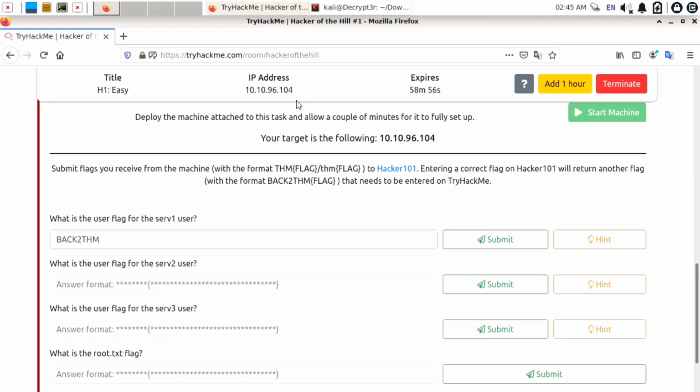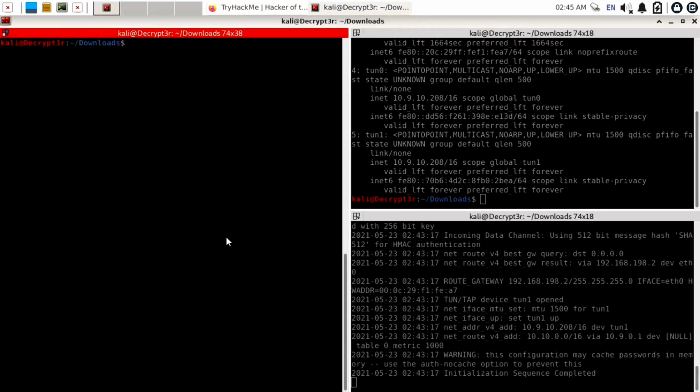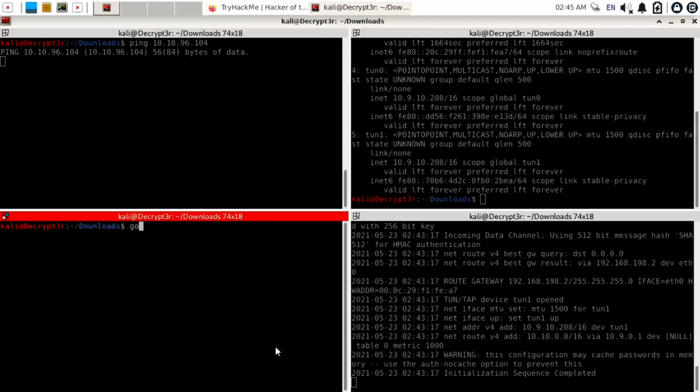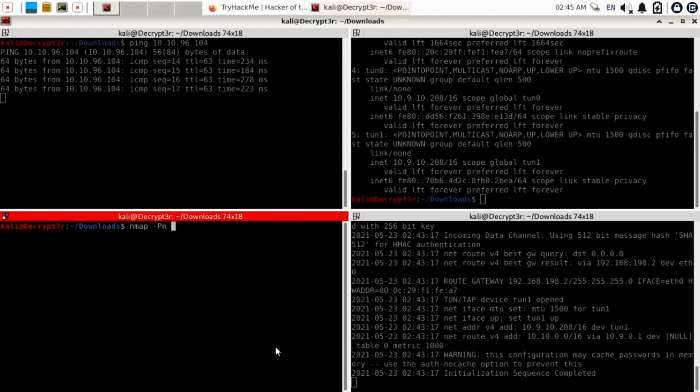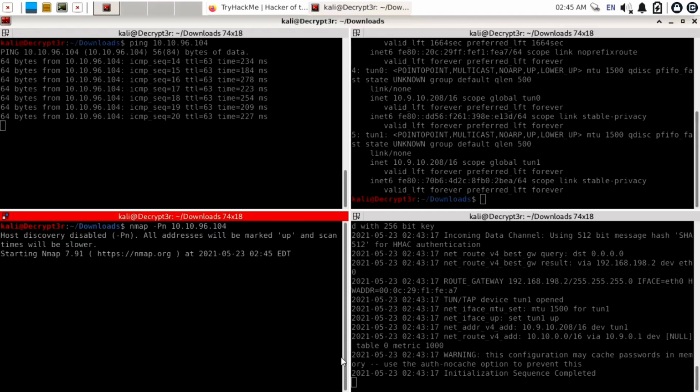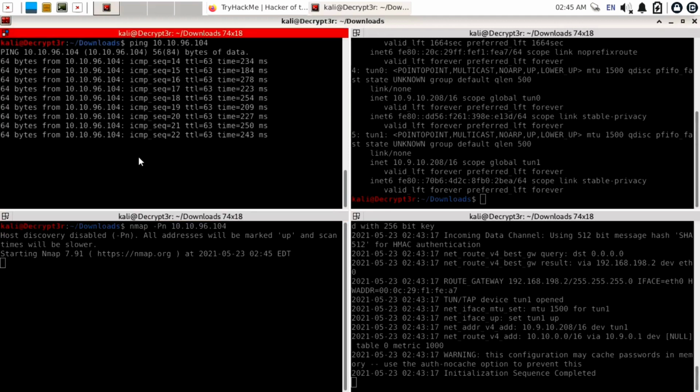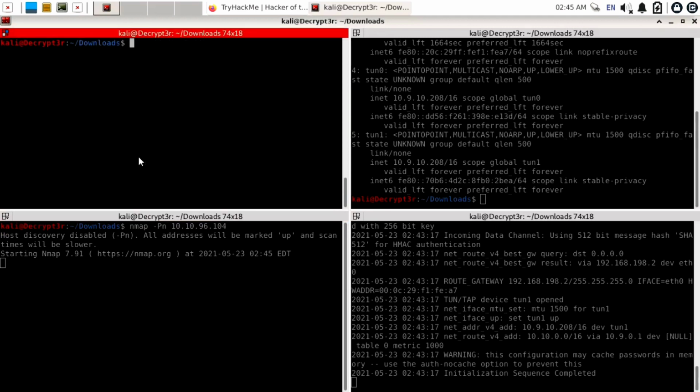Now our target machine is ready. Let's copy its IP and try to ping it. So open a terminal. I will use ping here and paste the IP by Control Shift V. Okay, it is not launched yet. Let's split the screen by Control Shift O. We will try to find vulnerabilities in this. You can use nmap, and if you want to find directories you can use GoBuster. We will first of all scan for open ports. For that use the command nmap -Pn and paste the target IP. Here you can see we are getting a detailed response, meaning our target machine is live now.